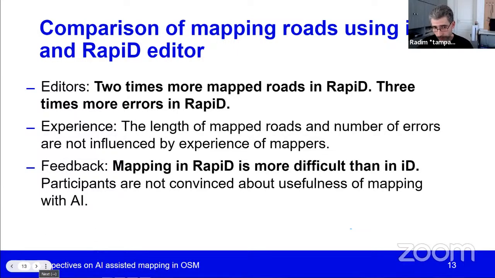And it's the same for both beginners and more experienced mappers. Also, feedback from our participants was that mapping of roads in Rapid Editor is more difficult than in iD Editor, and participants were not convinced about the usefulness of mapping with AI. Next, please.